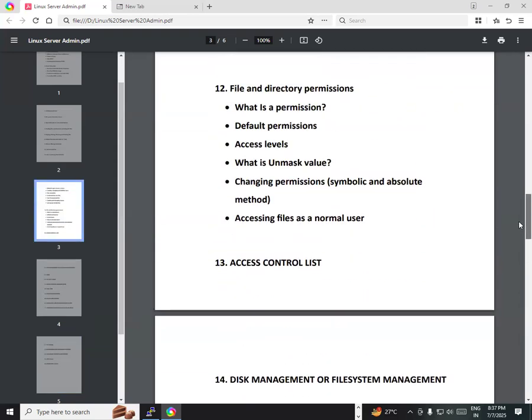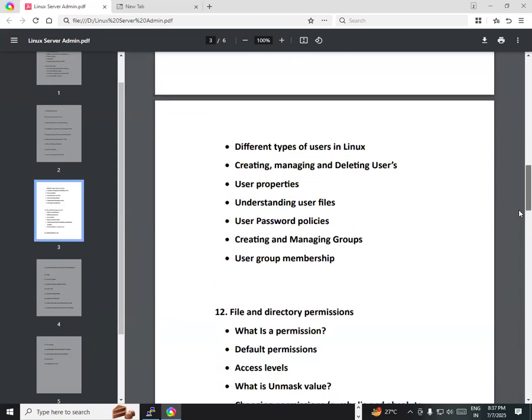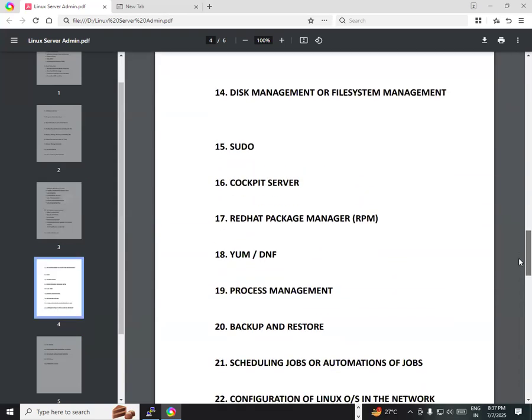Let me just make things easier for you. You're learning many things. You're obviously learning many things. But friends, once you join a company, maybe your responsibility is only backup and restore. That's it. While learning, you're learning many things. But when you work in a company, you're not working on all the services. That's literally not possible. It is humanly not possible for you and me to work on all the services.